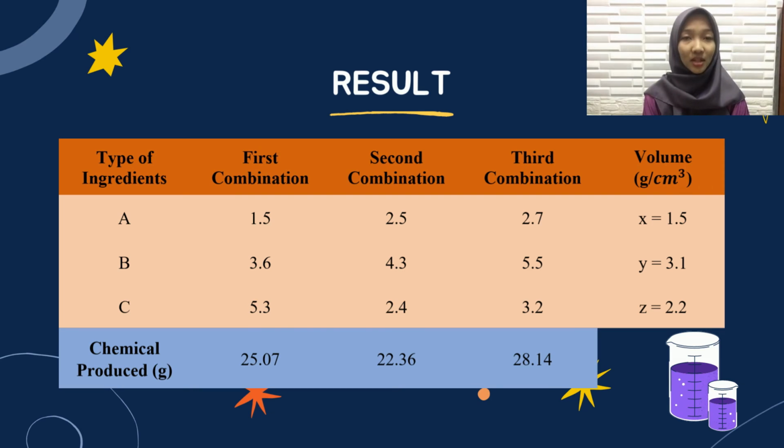Next, the total chemical produced by the second combination of ingredients A, B, and C is 22.36 grams. Lastly, from the table shown, for the third combination of ingredient types A, B, and C, the total chemical produced is